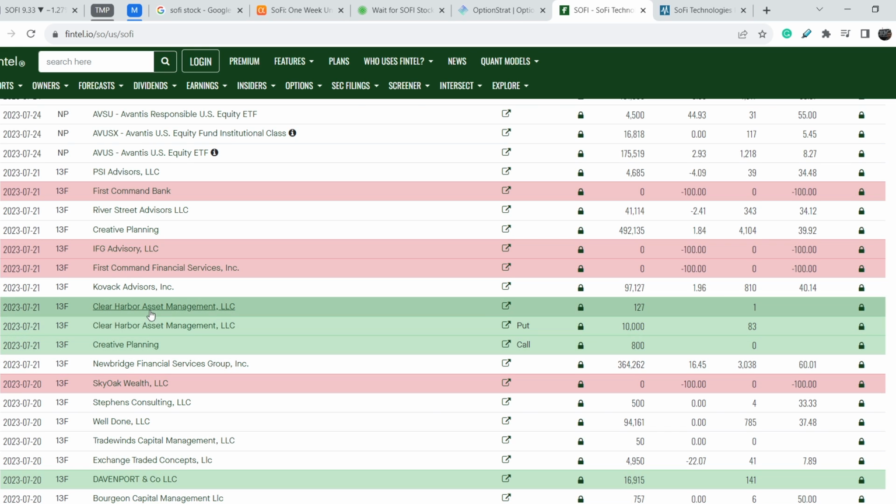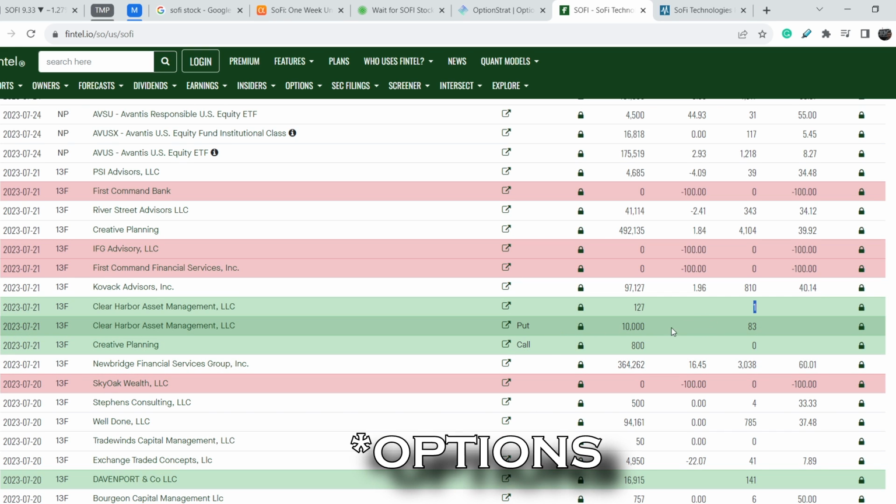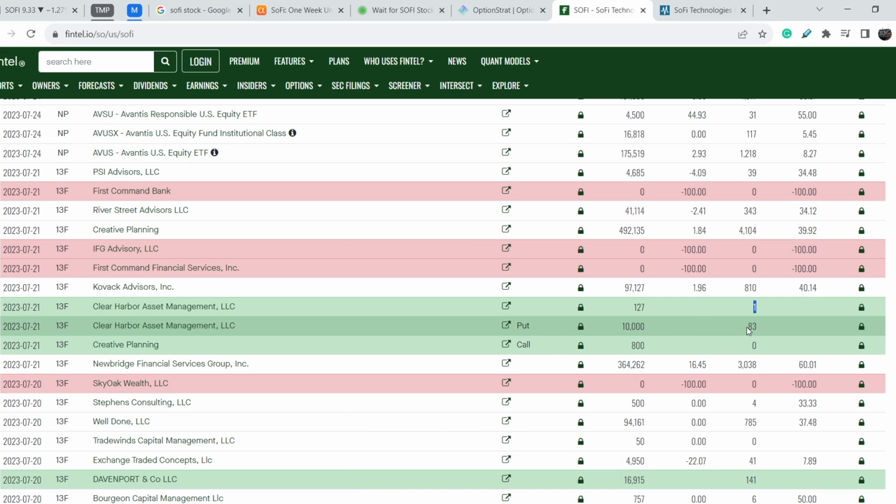Clear Harbor Asset Management LLC bought shares of SOFI, and their position is about $1,000. But they have put calls, and this position is $83,000. Definitely, it is more bearish than bullish, and we also have a lot of filings of companies that